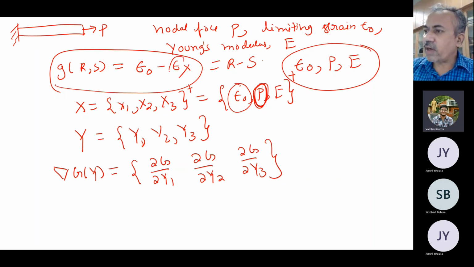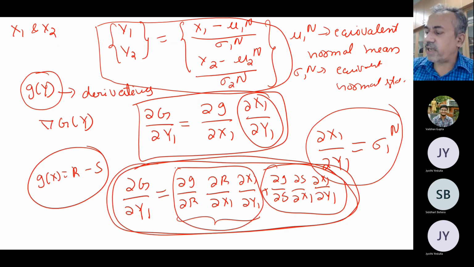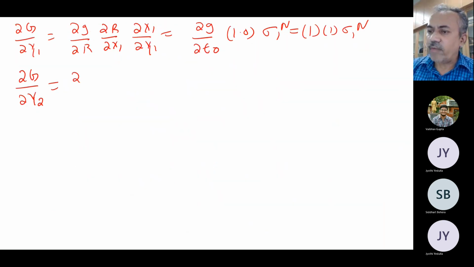So this is a strain in this one. Okay, this is a limiting strain. So P comes in S only. So now in this equation, this will not be there actually. Okay, it is straightforward. We have written the general expression: dou g by dou s, by dou x2, and dou x2 by dou y2. So this is our chain rule actually.